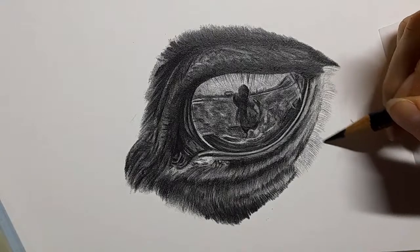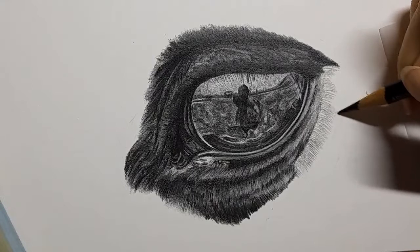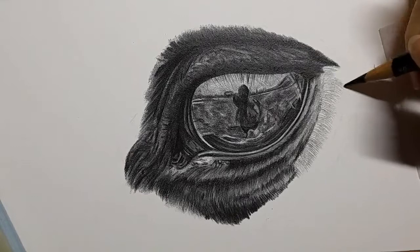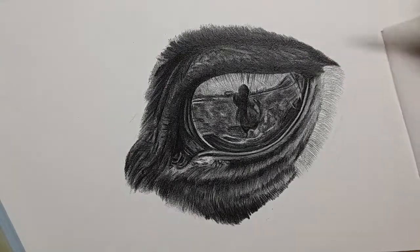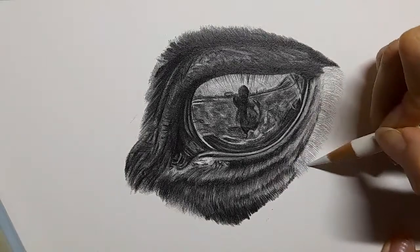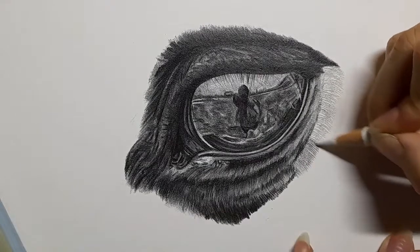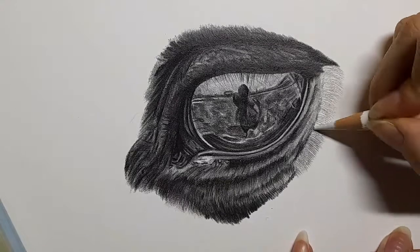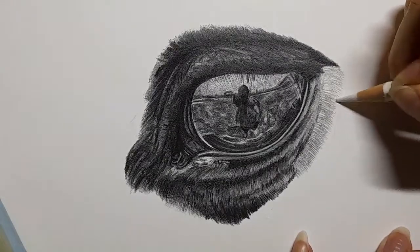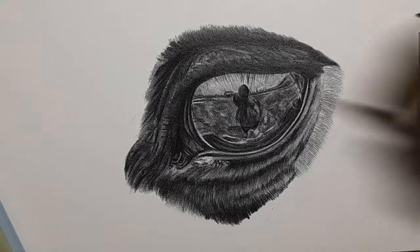So it's just like the process as before. Just going to build up some of this fur around the eye. And then I'll bring that white in. Now when I've done the first layer of the black, I'm not worried about the white being like fur strokes. I'm just using it to create a nice base layer to work on top of. And then I can just keep working